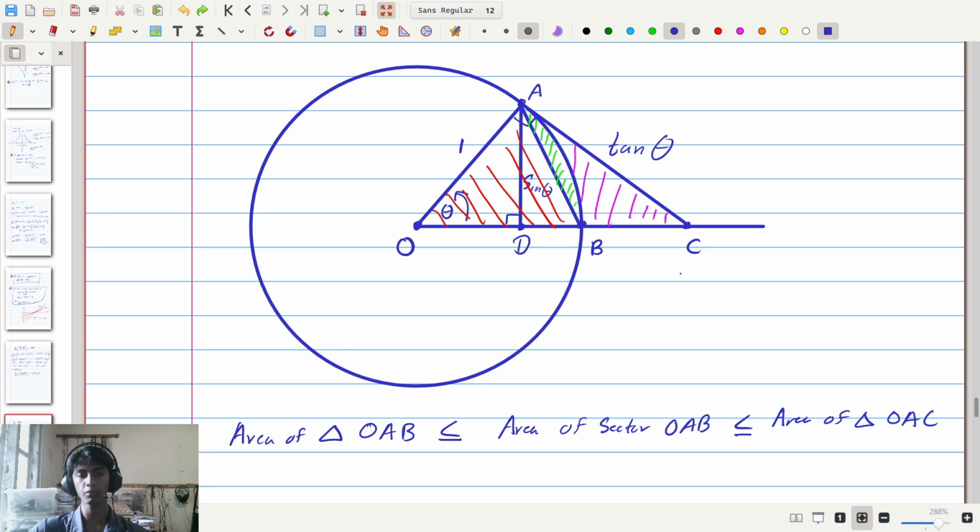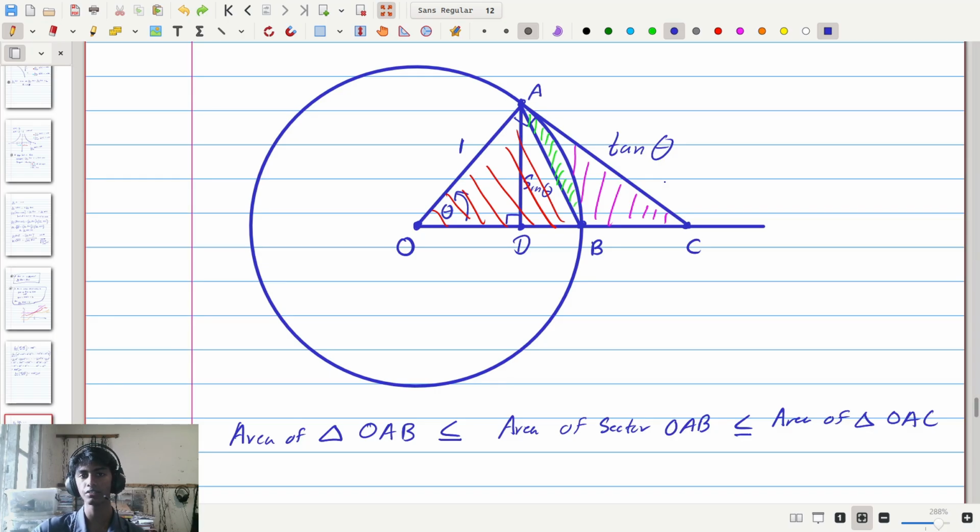But for now I'm going to just leave it with an equal sign, meaning that we can have all three areas being equal to each other. So now let's try to write each of these areas down in terms of some trigonometric functions. It's easy to write the largest area, the area OAC, out because we can see here that angle OAC